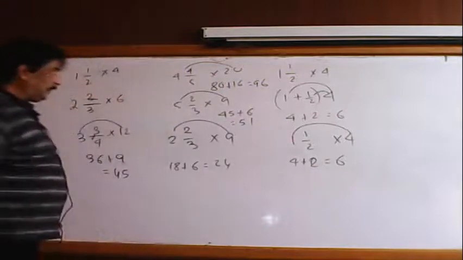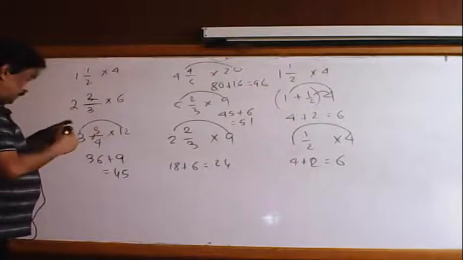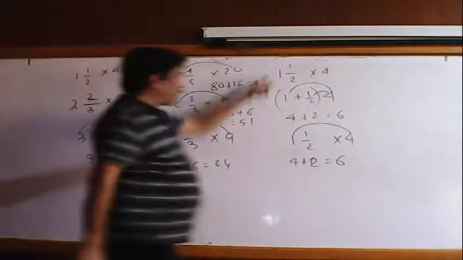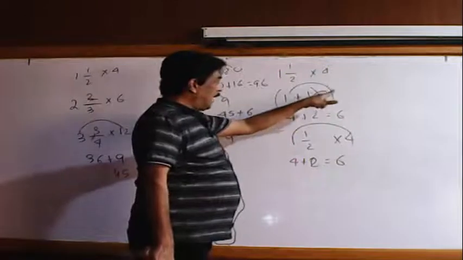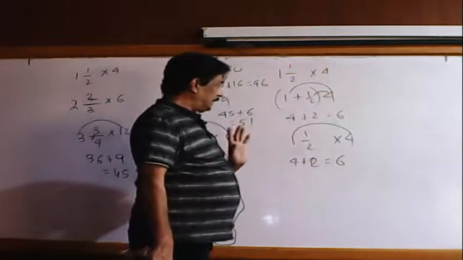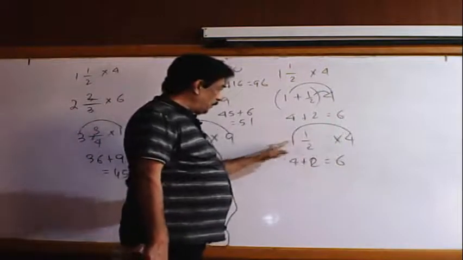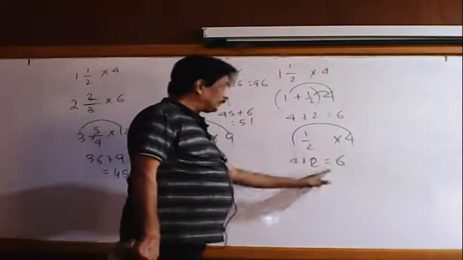So in this way you can cover it. Again, 1 and 1 by 2, combination method: 1 plus 1 by 2 into 4. I write 4 into 1 is 4, then 4 into half is 2, your result is 6. But in your examination you have no time. Write down 4 into 1 is 4, cancel 2, so add 2, 6.